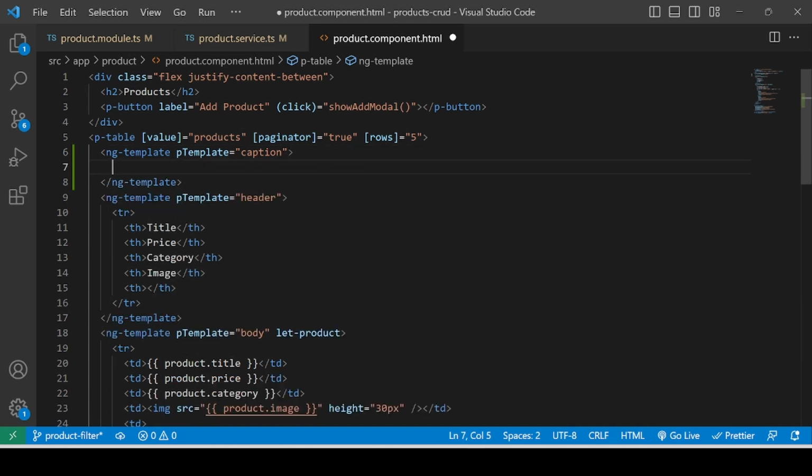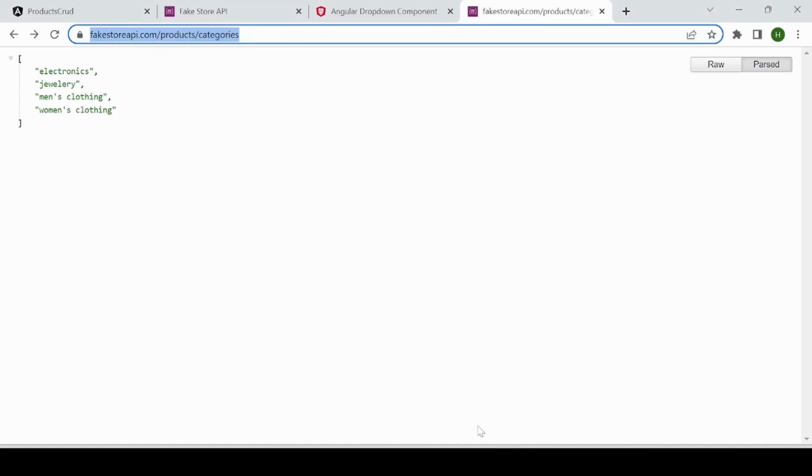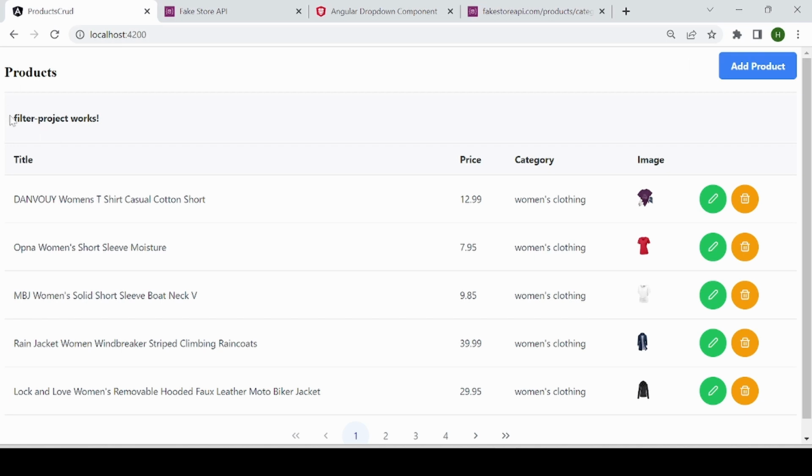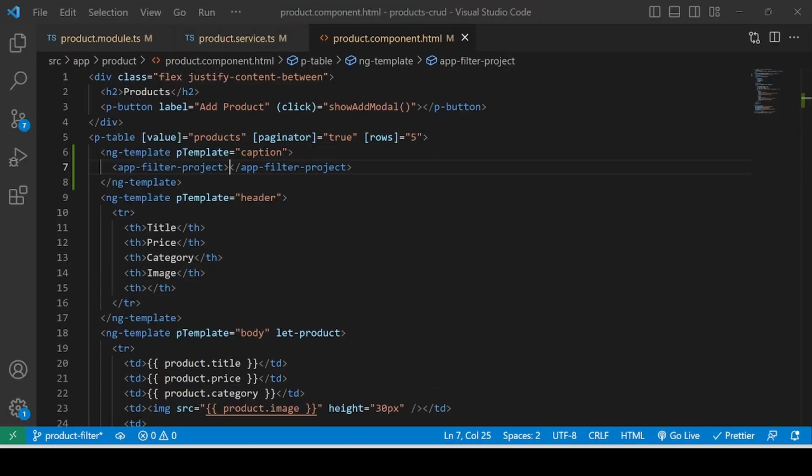Okay, so inside that, I'm just adding our filter project. Just want to check everything is fine. See, it created a new div and the filter projects works. It is fine. Next, inside the project filter, inside the app filter project,